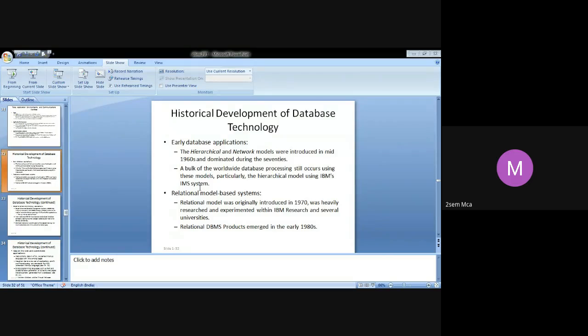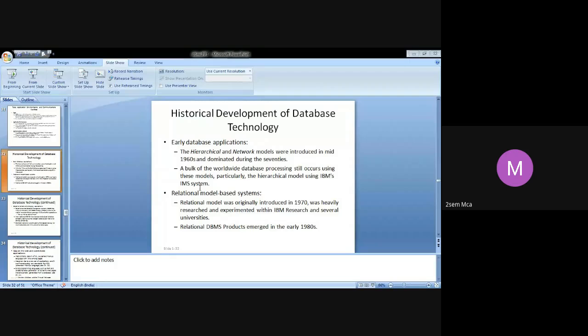When the relational database model came in, they introduced a high-level query language that provided an alternative to the programming language interface. So it was easier and faster for us to write new queries.